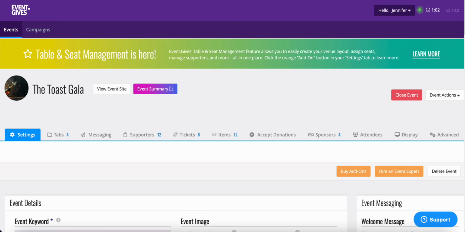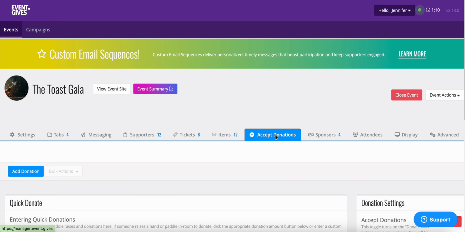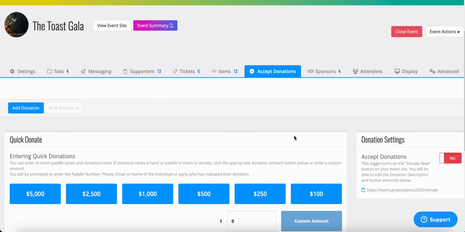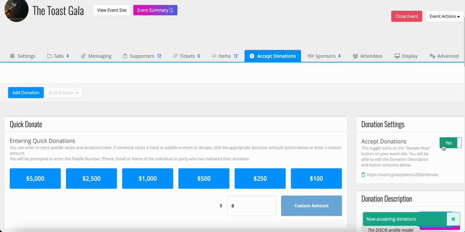To manage your donations for your event, you'll first navigate to your Accept Donations tab. Now, once you do have a donation, this will no longer say Accept Donations, it will simply say Donations. To begin accepting donations, you'll first toggle this button on, and then you can easily click and copy this link